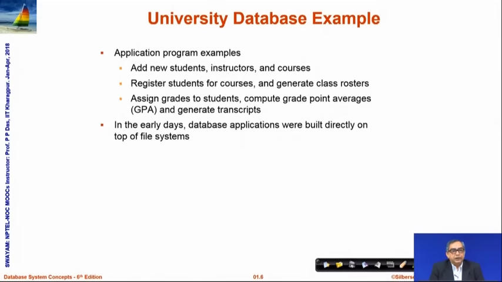And just to quickly recall, file systems typically have a large number of sequential files which can be written and read in a certain order, and some random access files where you can reach a particular point in the file to do certain access operations, certain manipulation operations. So, in the earlier days, it was a collection of file systems which managed large enterprise data as required. But